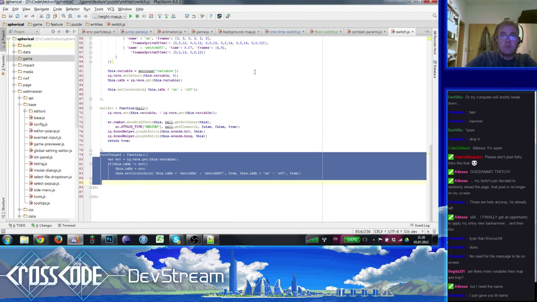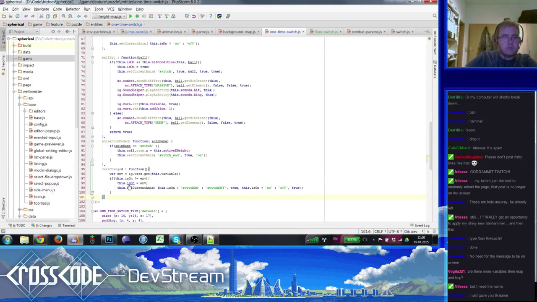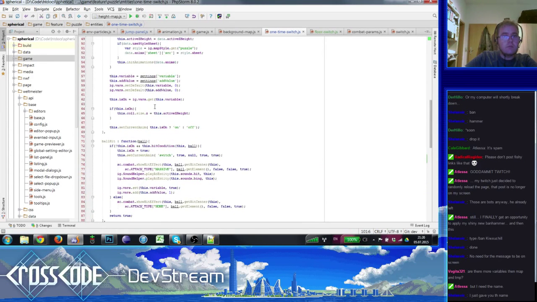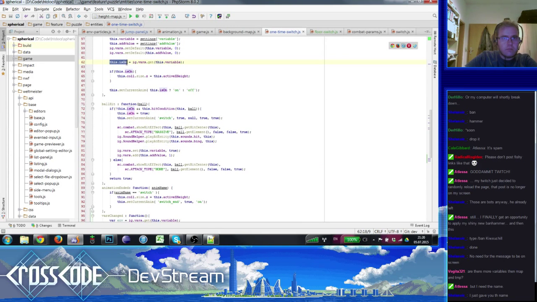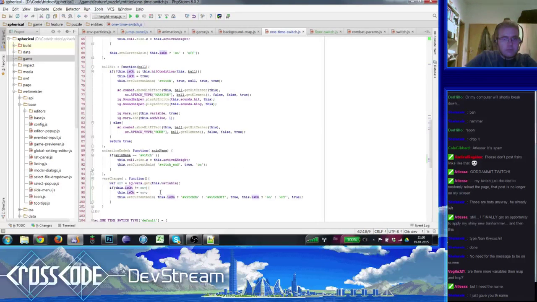So, this is basically how we progress the story. Exactly. In certain parts where we just say, all right, we have this progress and we increase it, and we have certain variables that are important to the progress of the story.